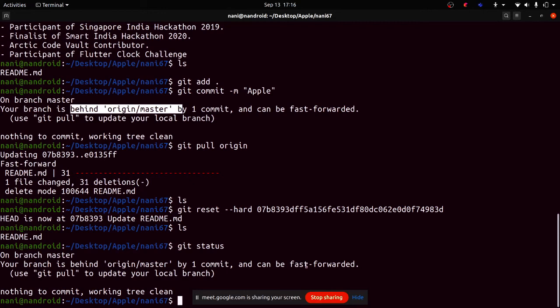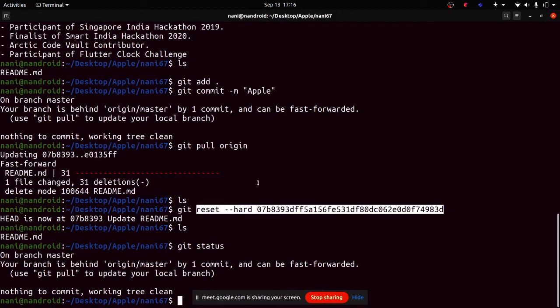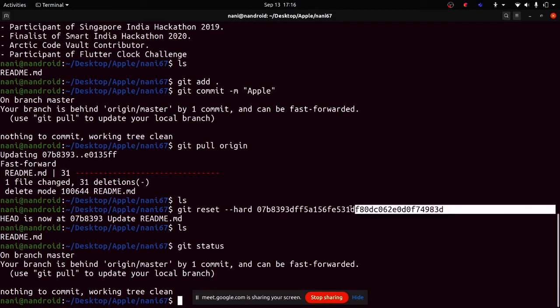Okay, the problem was that when I used git reset and this particular SHA, that is being reflected within the local repository which I have copied, but not in the remote repository, because that should be changed by the owner of that project, whereas going back to a particular thing can happen within my own place, because I was the one who has the code right now and I am the one actually working on it. So when you want to go back to a particular thing, you can use git reset hard, but if you want those changes to reflect in that particular place, you should use a pull request to that person so that he can verify the code and update it.